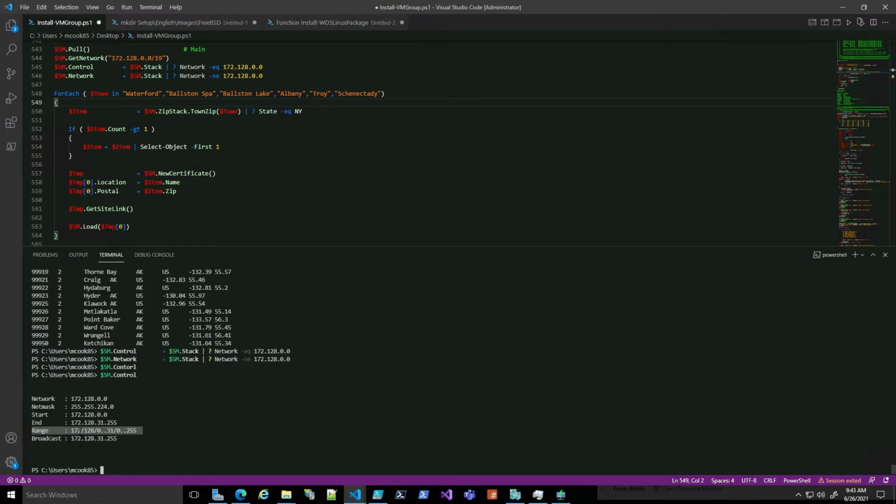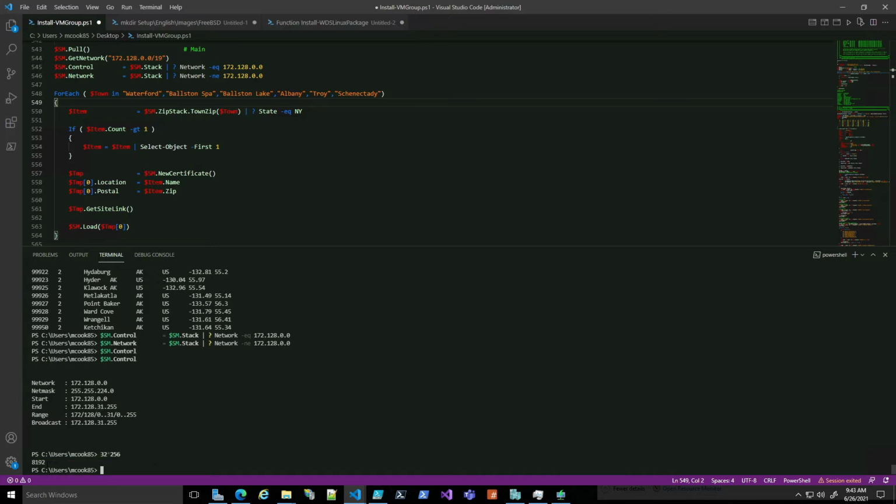So this is a string that's in CIDR notation. The 0.31 represents 0 through 31, so all of those addresses, and the 0.255 represents the remaining addresses per number here. So it's 256 there and 32 there. So 32 times 256. That's how many hosts are on this network here. But anyway,